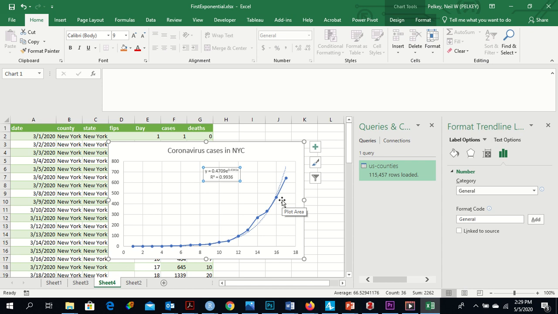So it was pretty super duper hyper exponential. Well, it was exponential at that point, and that 0.9936, that's an almost perfect fit. So statisticians would have sort of been going nuts at the level of that fit, and then we should be able to take that function and predict out many, many, many days. So what I'm going to do is I'm going to select this function here, and I'm going to create a new sheet